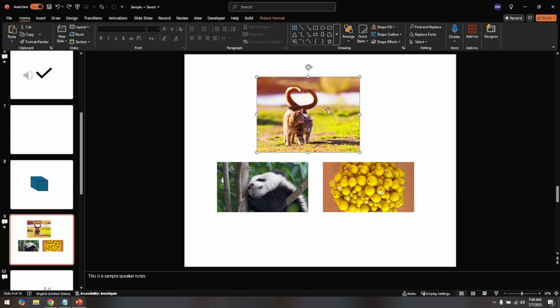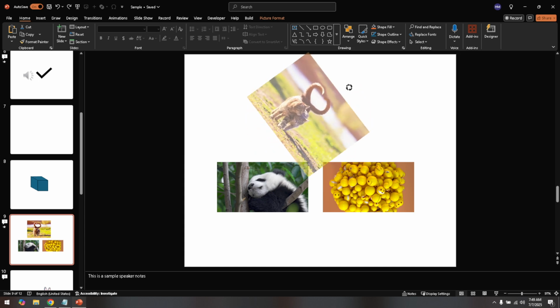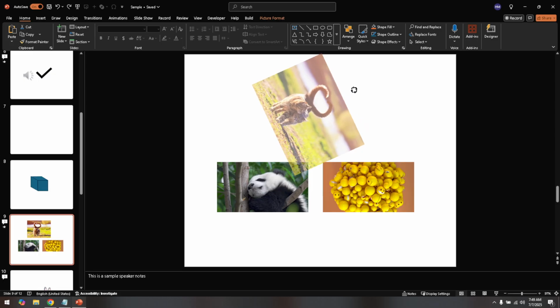Now we get to the fun part, rotating the image. If you look closely at the image's border, you'll notice a small circular arrow icon at the very top. This is your rotation handle. To rotate the image, simply click on this arrow with your mouse, hold it down, and begin to drag it in either a clockwise or counterclockwise direction. You'll see the image start to turn as you move your mouse, allowing you to adjust it to whatever angle